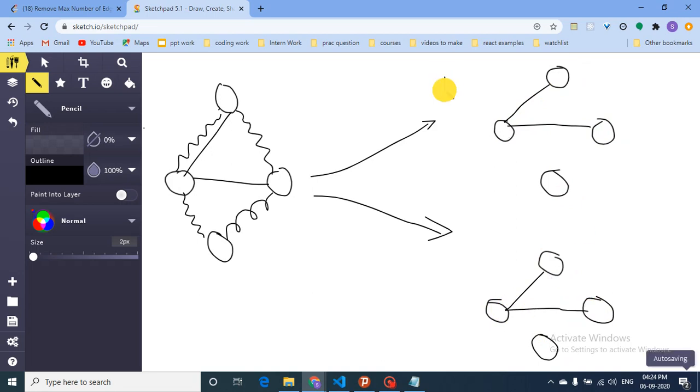Now this is for Alice and this is for Bob. Now what will I do? I will know that for the Alice graph I have these nodes, these edges. Okay, so now what will I do? I will keep on adding the edges in this graph for Alice, such that Alice can iterate over the